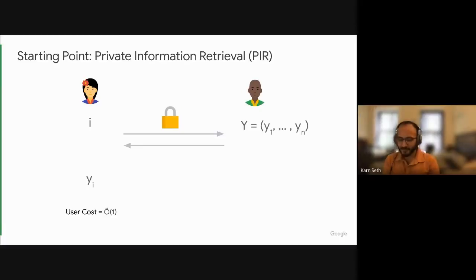Our starting point, I hope everybody remembers the first 5 slides, is private information retrieval, where a user has an index and wants to retrieve the item from a server's data set. This is already well understood and well studied, and it's cheap for the user to execute this kind of cryptographic protocol.